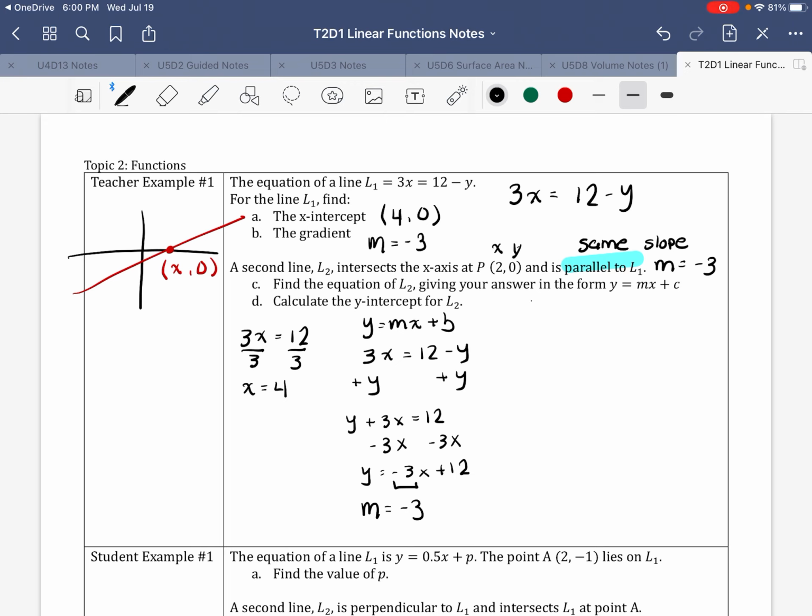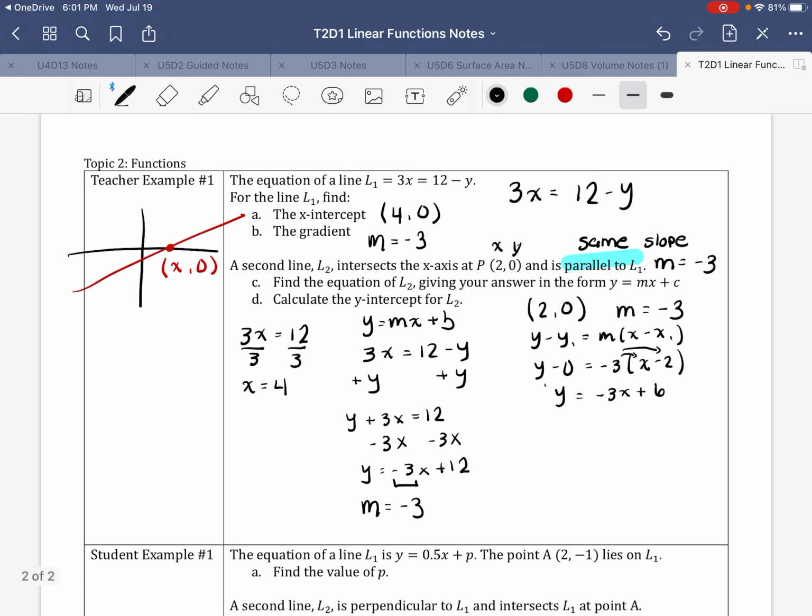Now, I'm given a point (2, 0) that it's going to go through, and I'm given a slope. So it's really useful here to use our point-slope equation form, y minus y1 equals m times (x minus x1). We're going to plug in all of those values. y minus 0 equals negative 3 times (x minus 2). Obviously, this is not in slope-intercept form yet, so we need to do a little bit of simplifying. The minus 0 will go away, and then we're going to distribute our negative 3. We get negative 3x plus 6. And that's our equation